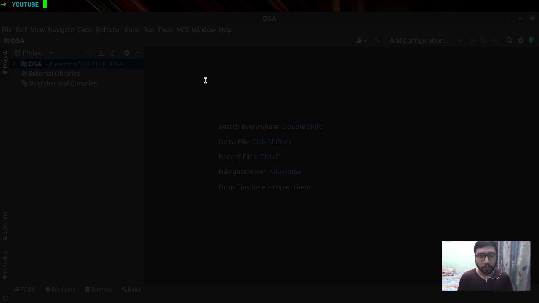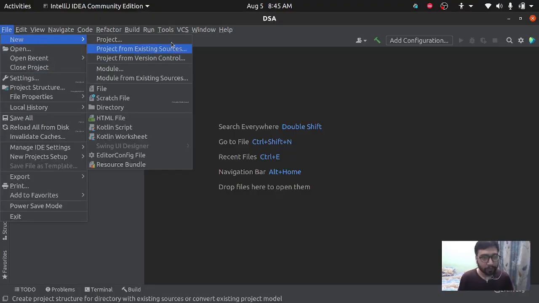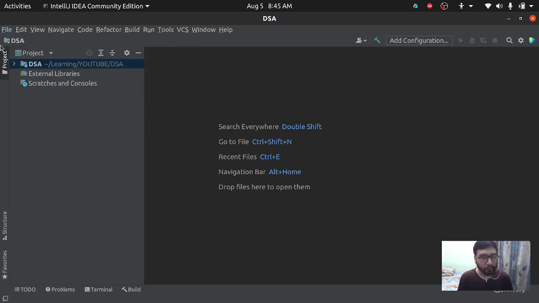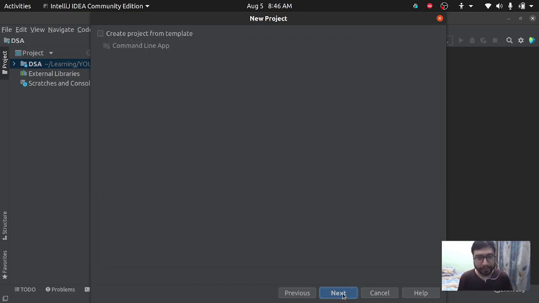So let's go to IntelliJ IDEA and create a new project for this. You can go to File and create a new project. Here we'll be choosing Java, and the SDK version is 11 for me, so I'll be using Java 11. I'll click next. We are not going to create the project from any template, so next again.